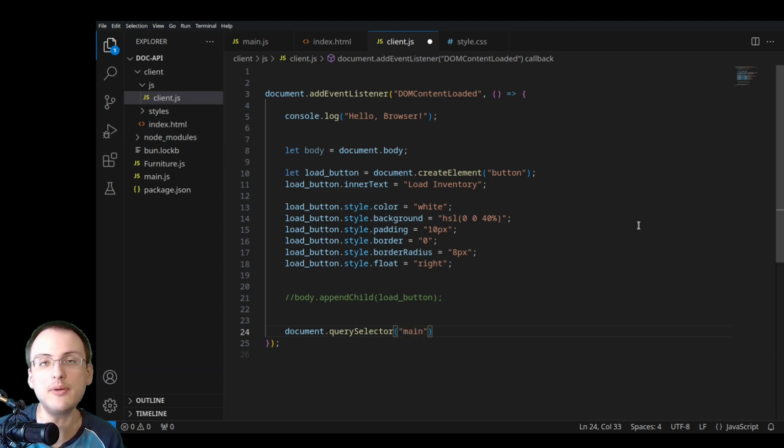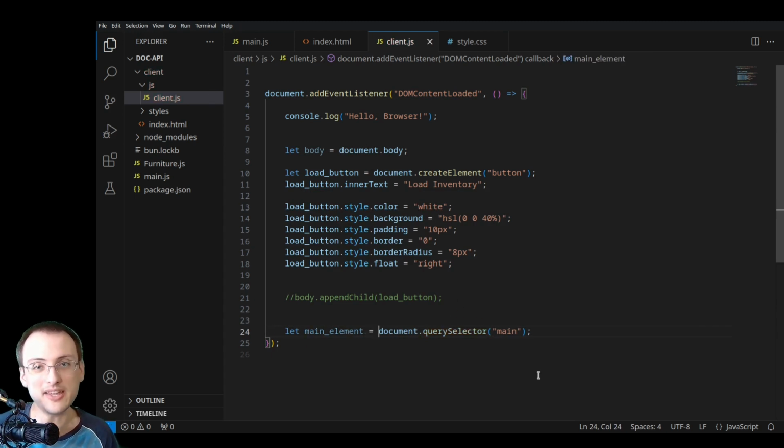So if I say I want the main tag right here inside the parentheses, what this will give me back is the main element of my web page, that existing tag that's already out there. It'll give me back nothing if nothing matches, but I can get as complex as I want here. I could say a body that has a main directly inside of it, that has a section directly inside of it, that is currently being hovered,